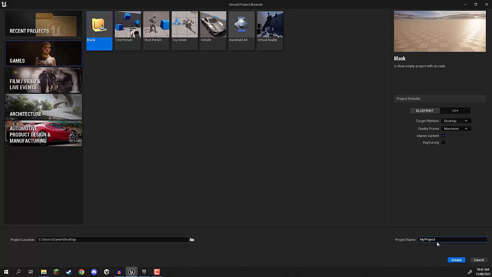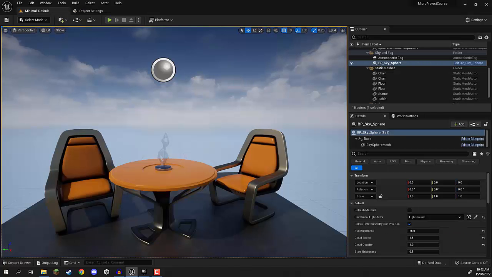We can give it a project name, we can choose the location where we want to save it to, and then we can click on the blue Create button right here to create our new project and open it up inside of the editor. Okay, and here we are. So we have created our project, the editor is now open, and first things first, we need to go down